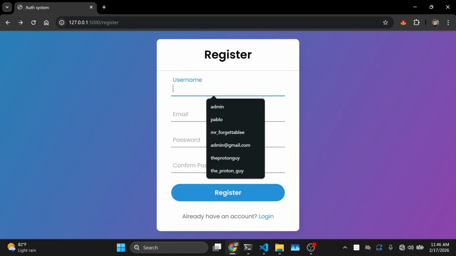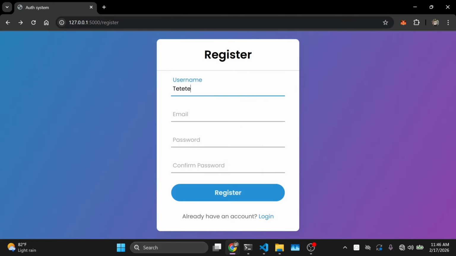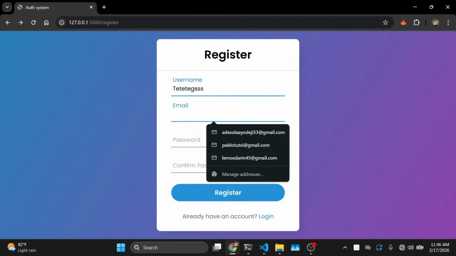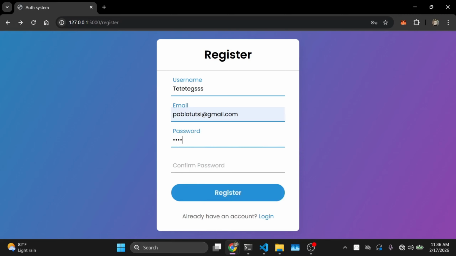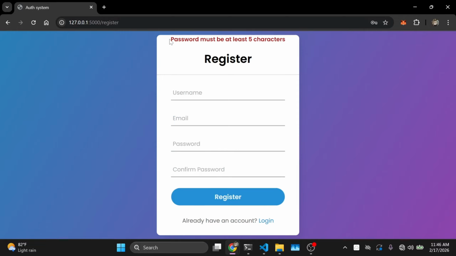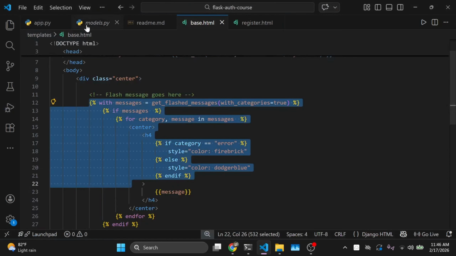But before I put in correct credentials, I'm just going to type in some random items. So a random email here. I'm going to put in a password less than 5 characters. I'm just going to put that in. And once I click register, you notice that we have an error message being displayed here saying password must be at least 5 characters. The reason why it is being displayed here again is because if I head to the app.py file and scroll to the top,